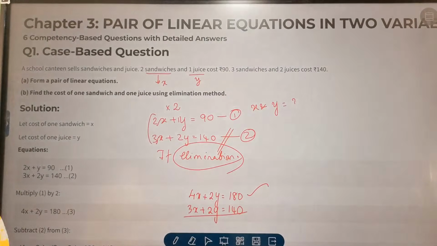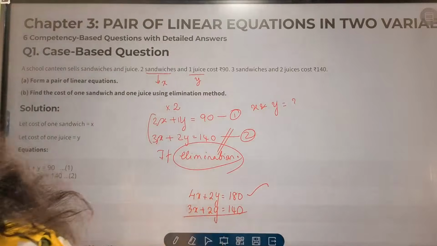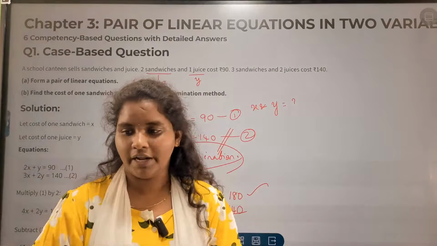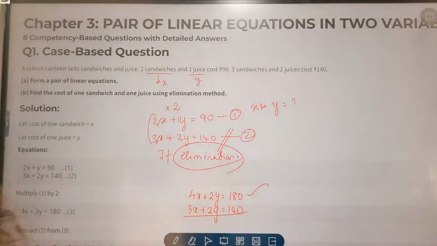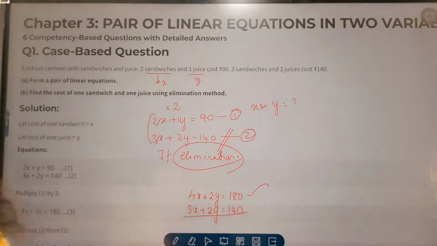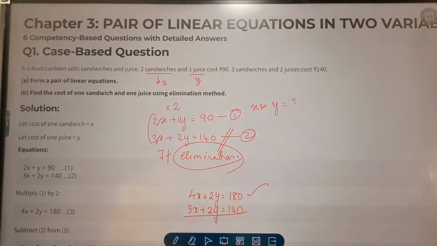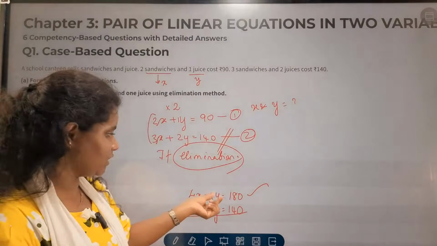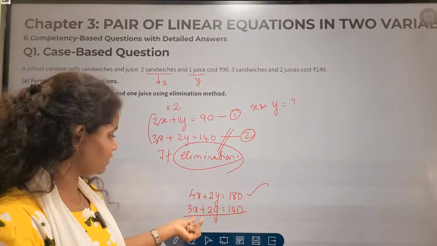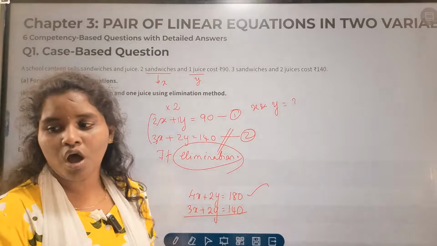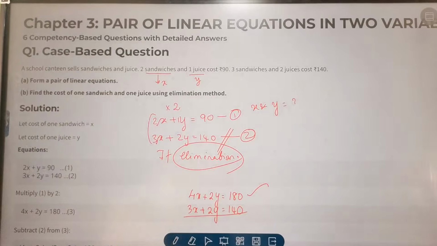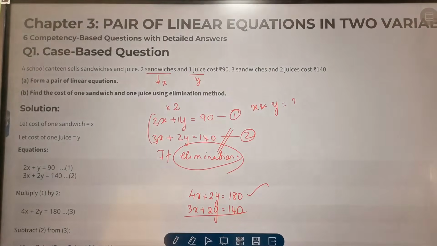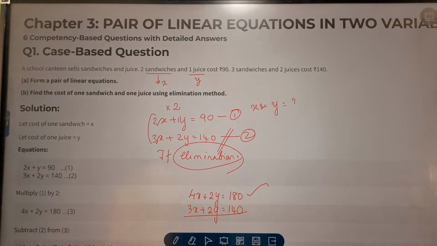Yes, very good, Rahul Raj. So x is equal to 40 and y is equal to 10, right? Yes, we'll solve. Yes, what about Jashwant? Are you trying? Yes. Okay. So here we have 4x plus 2y is equal to 180 and here we have 3x plus 2y is equal to 140. So I'm going to change these symbols. Okay. Okay, super. Rifkant, right? Yes. So x is equal to 40 and y is equal to 10.